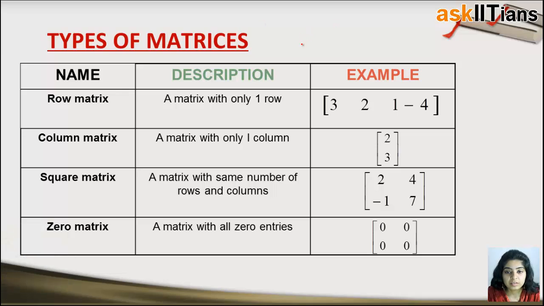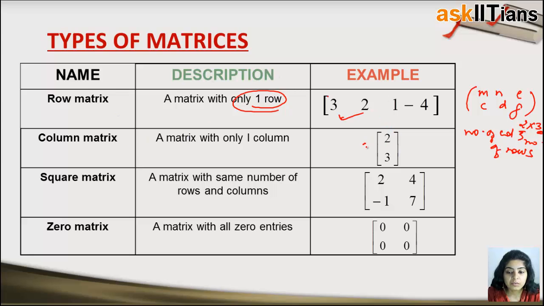Again, we'll be discussing. This is a recap kind of. So row matrix is like a horizontal matrix. A matrix with only one row. The difference between row matrix and horizontal matrix is, horizontal matrix is where we had m cross n, say a, b, c, d, e, f, right? So number of rows is 2, number of columns is 3. This number should be greater than this. That is, number of columns should be greater than number of rows. But what is a row matrix? Row matrix has only one row like this, right? Okay, column matrix, only one column.